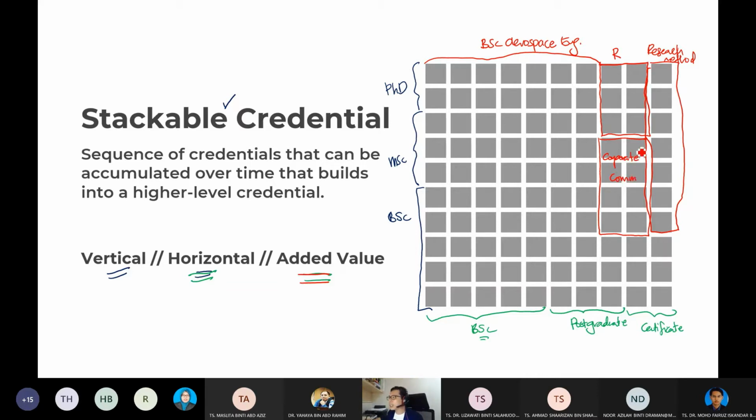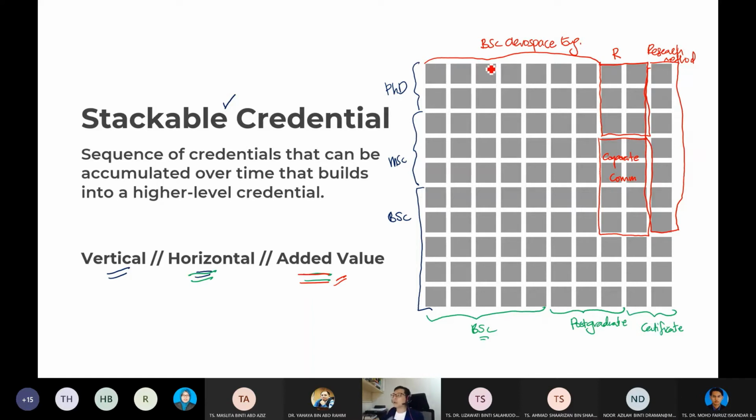Okay, so these are adding values into your first degree. And actually, for the 2021-2025 Bachelor of Aerospace Engineering program in UPM, we are trying to do something like this. We are trying to offer micro-credentials, micro-courses, so that our graduates don't just graduate with the degree in aerospace engineering, which is accredited already by EAC or BEM, but